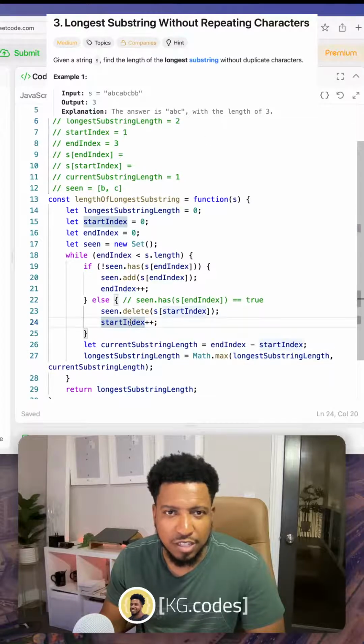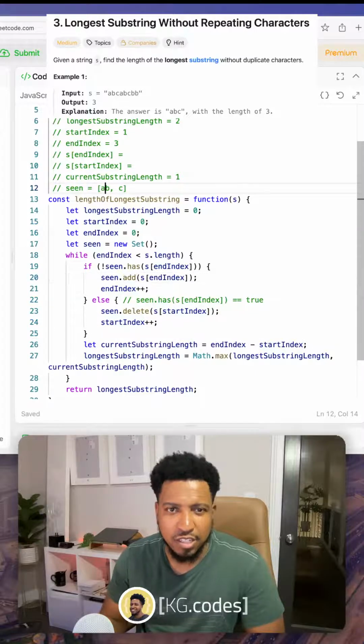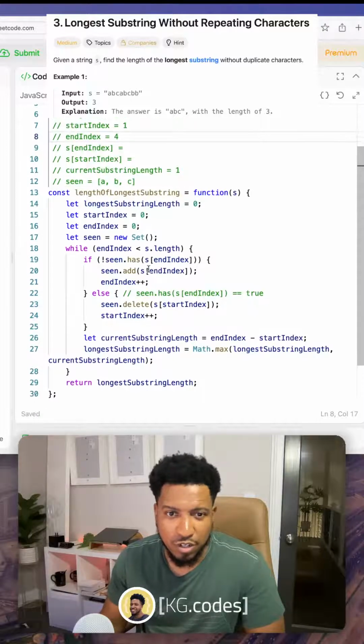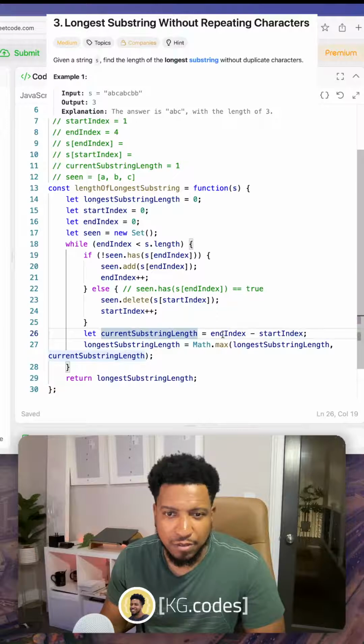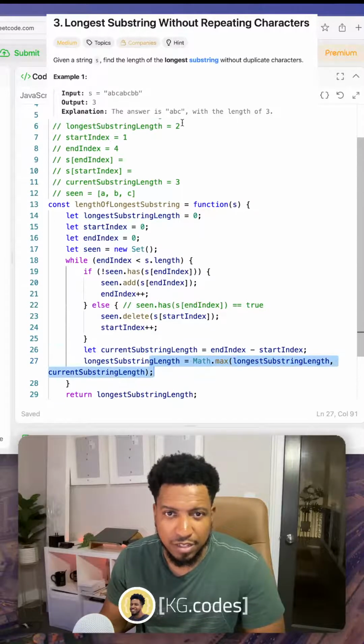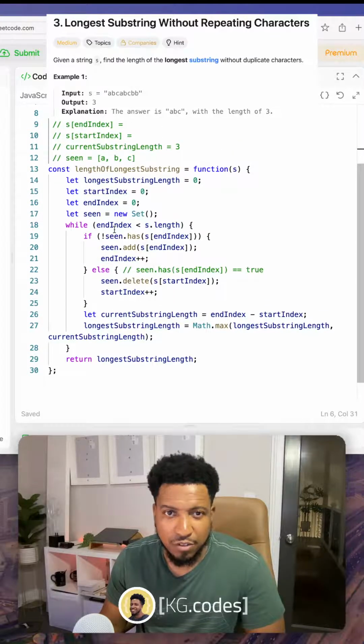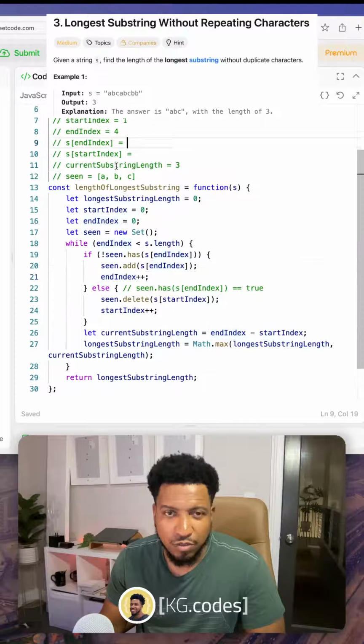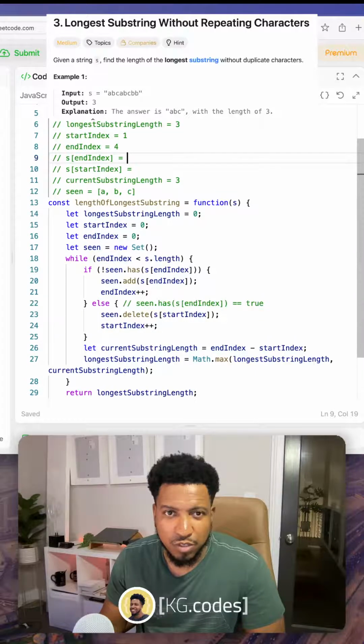And then I would have added to index, which gives me 1. Then I would have come here, added this in when I saw the A, added to here. Would have made this 4. And then when I got here, I would have subtracted n index minus start index, which would have given me 3 for this one. Then I would have run this line to see which is the max, and I would have got 3 here. And so then I would have come back into my loop again with index 4, 0, 1, 2, 0, 1, 2, 3, 4, which gives me